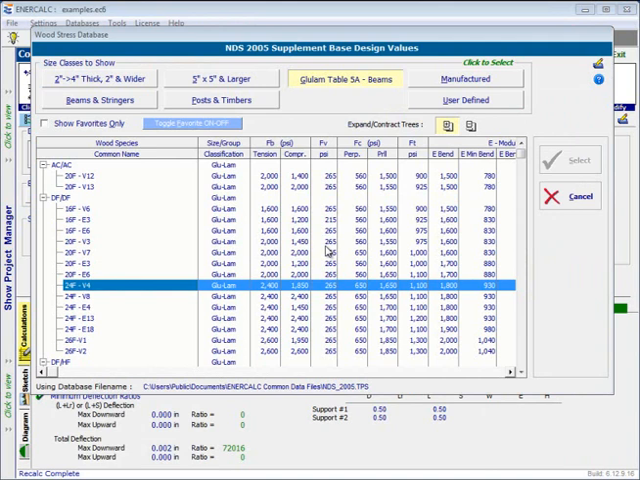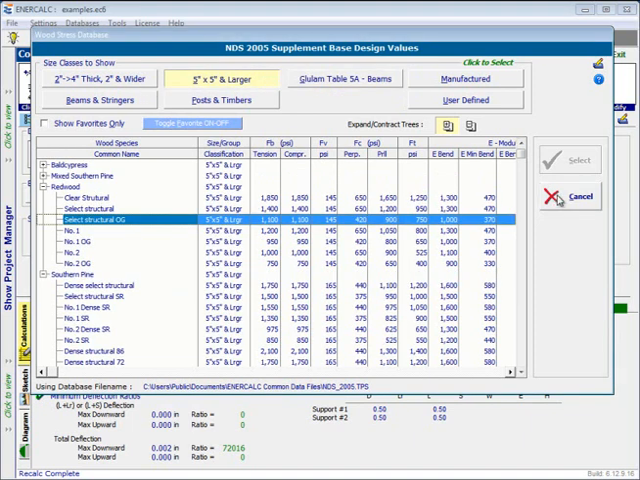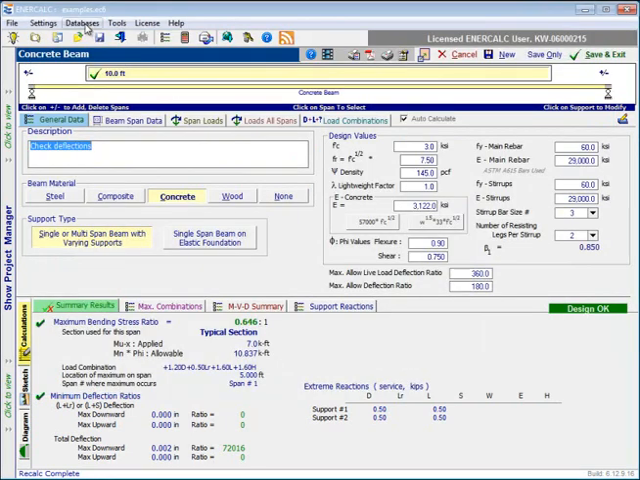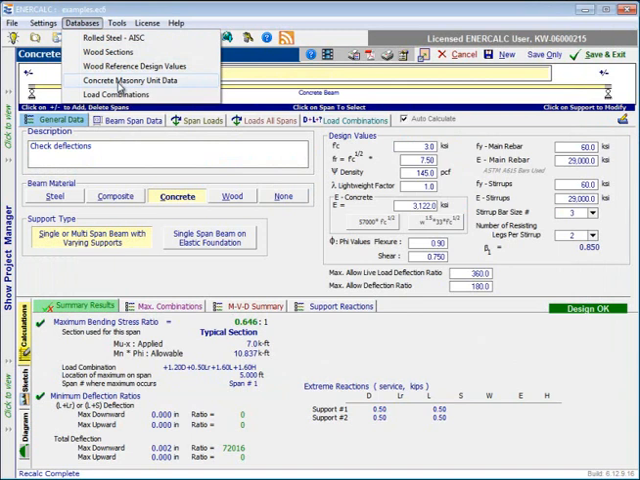Now this opens the wood stress database, which is a database of all of what's referred to as base design values, in other words allowable stresses for the various categories of wood as presented in the NDS. I'll click cancel to close the wood stress database, come back to databases, and then open up the concrete masonry